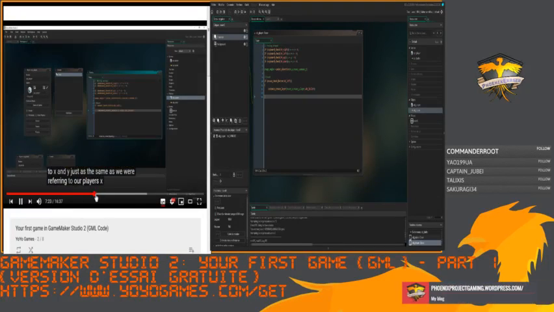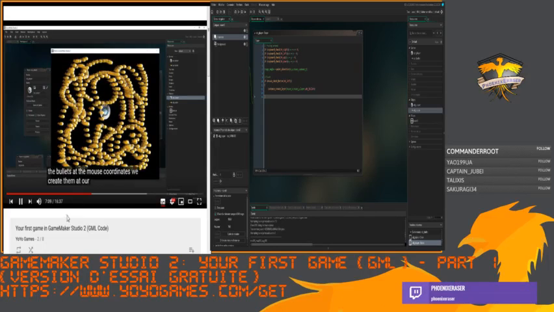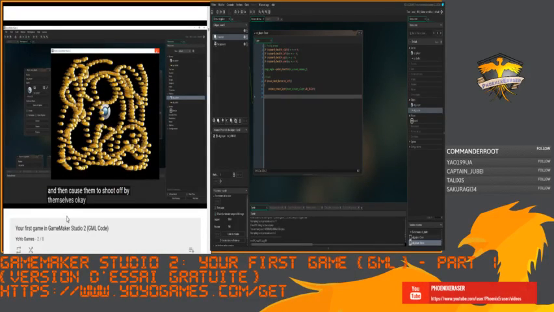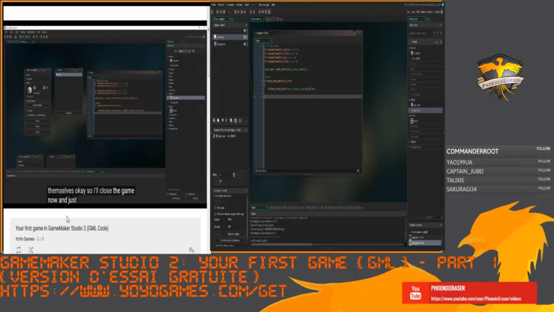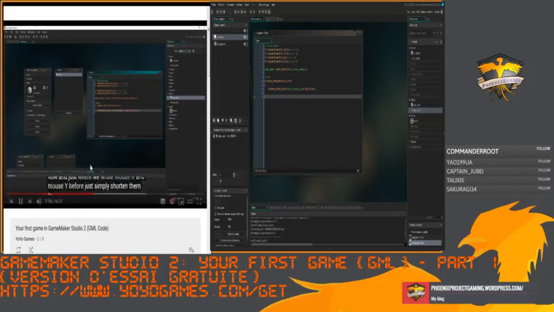Top players X and Y coordinates when we were moving around. So now what we're going to do is create them at our player object, because we're going to create them at the player and then cause them to shoot off by themselves. Okay, so close the game now, and just where we wrote mouse X and mouse Y before, just simply shorten that to X and Y, just as the same as we